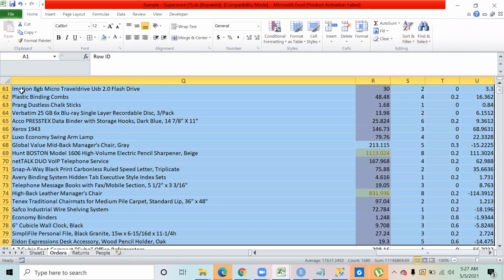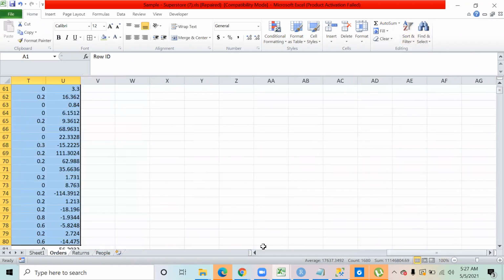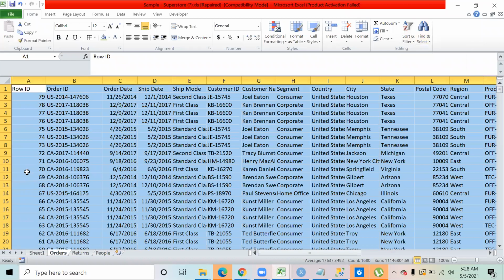If I select all this data right now over here, right? Suppose I want to sort this data by sales, from largest to smallest. What you can do over here is, if you select smallest to largest or largest to smallest from here, the data is going to be sorted by the first column, right? The first column, the data will be sorted.